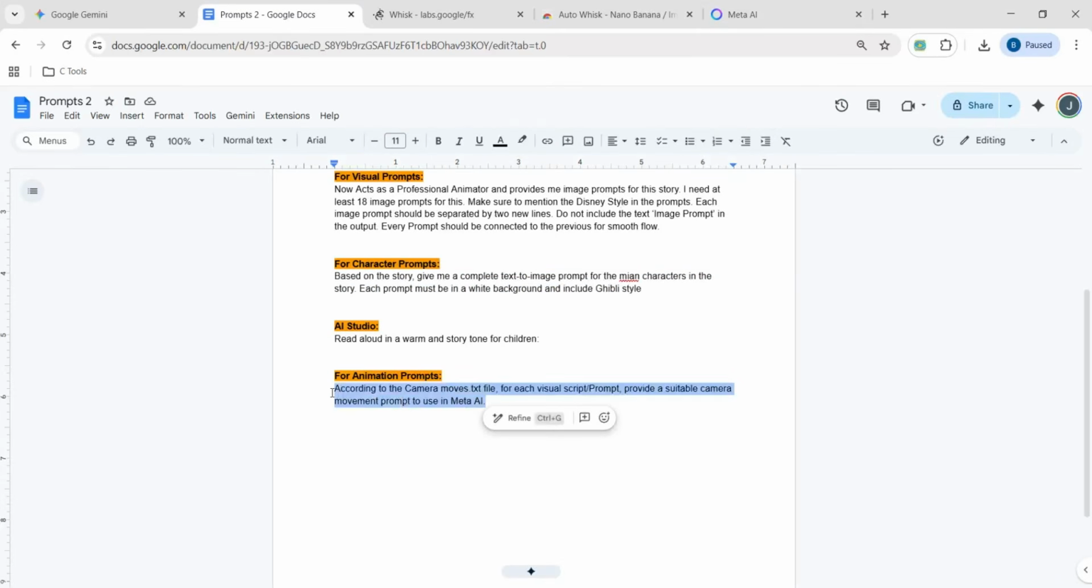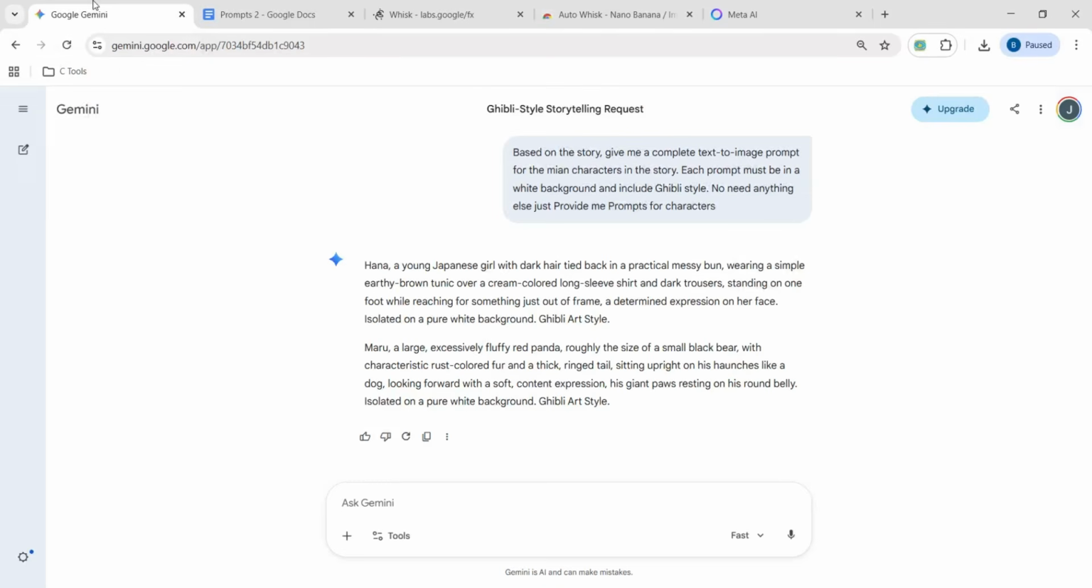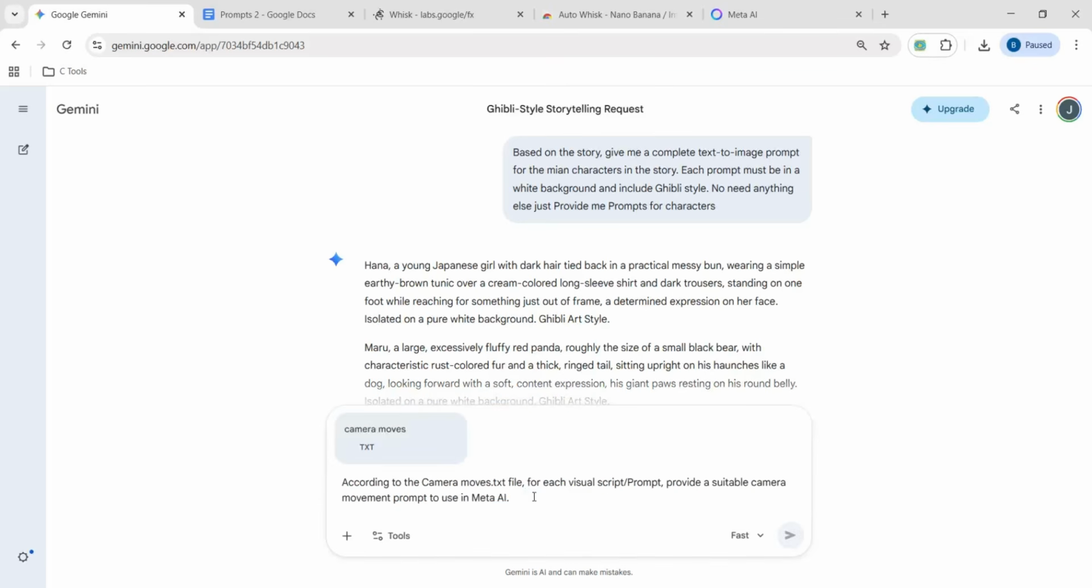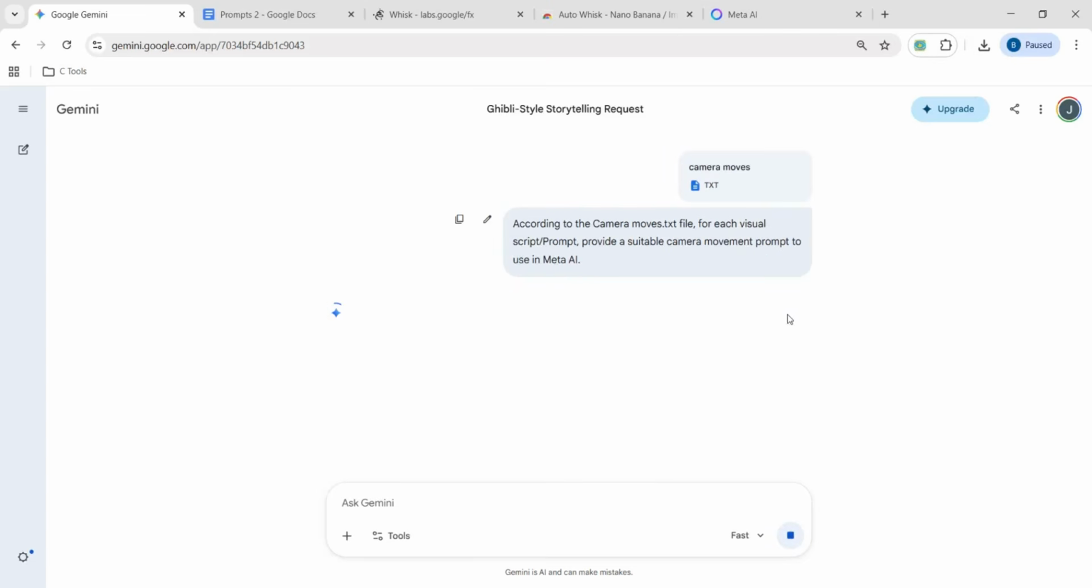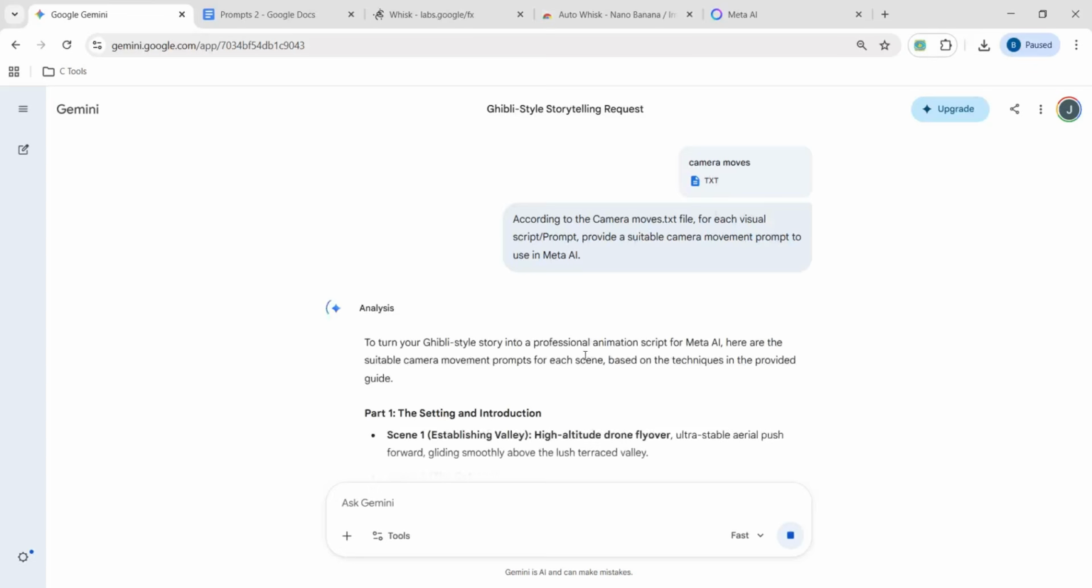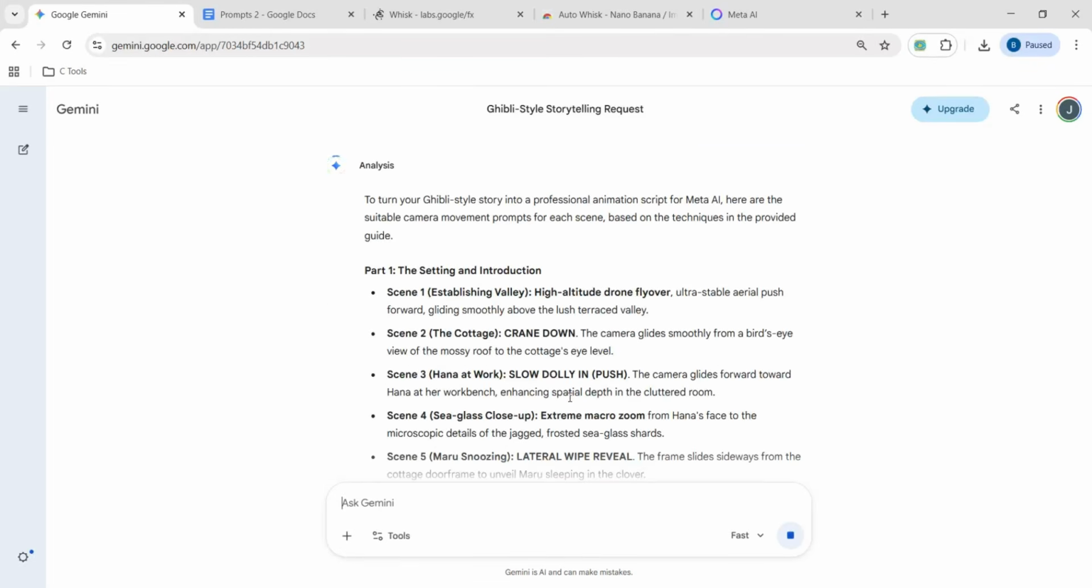Next, copy the final prompt from our text file and paste it into Gemini. Additionally, I will provide a separate file in the description containing detailed camera movements. Simply upload that file here alongside the prompt and submit it. Gemini will analyze the camera movements document and, based on that data, provide the precise animation prompts required to animate